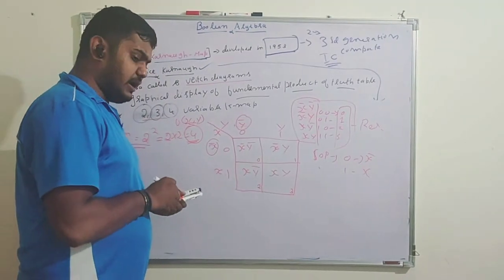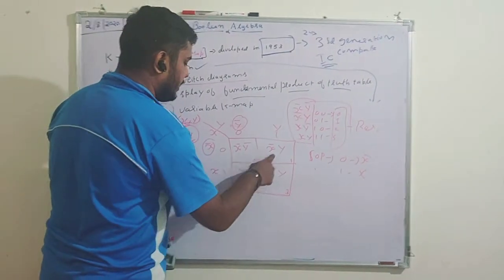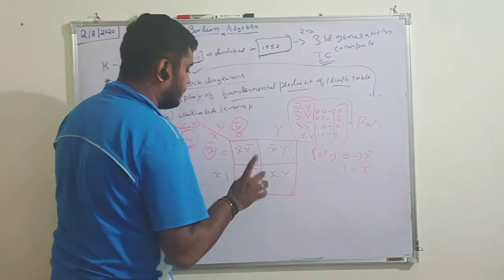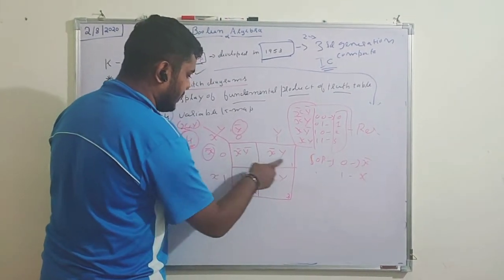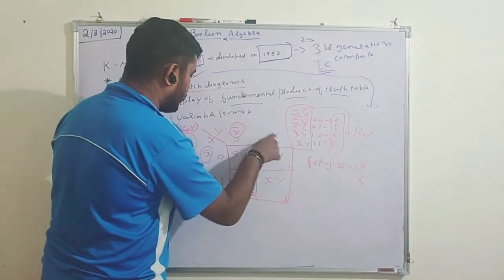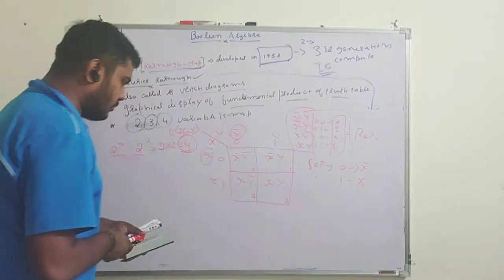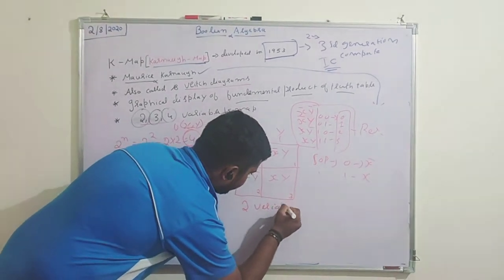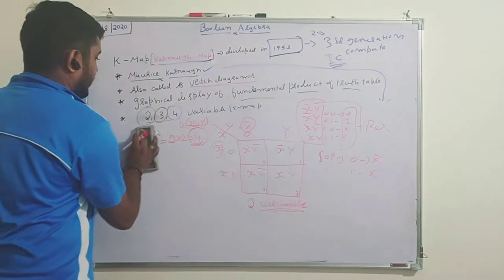So now let us directly draw three variables. You understood. So what is this? This is a rectangular box in which each square represents either a minterm or a maxterm. In my case I am going to represent the minterm, and here are the place values, the placeholders of this square box. What does the placeholder say? It is the operator of the inputs x and y. Here we are going to name them. This is known as the two variable K-map.